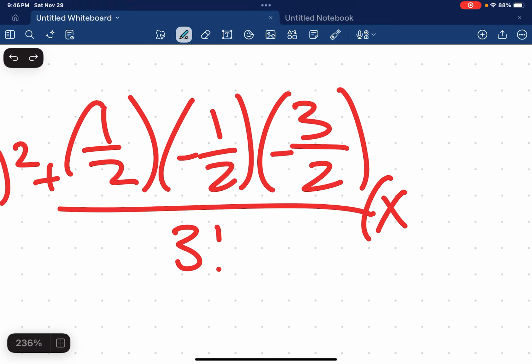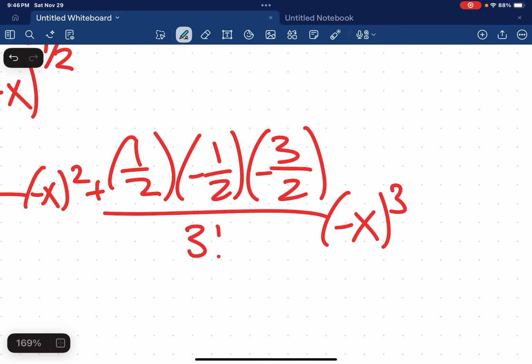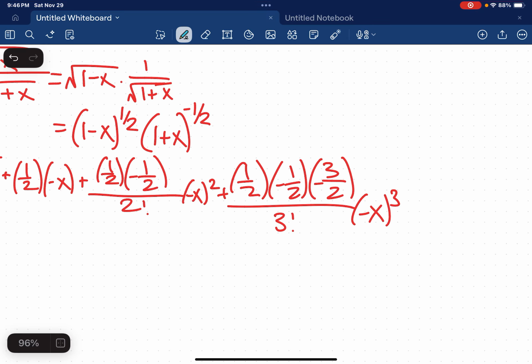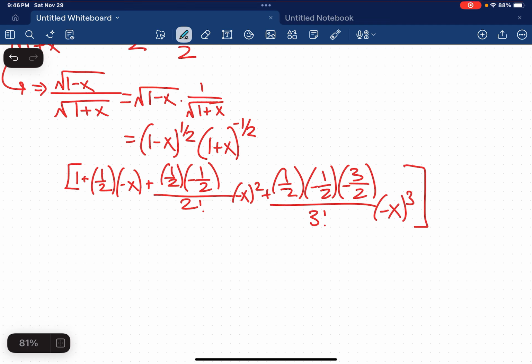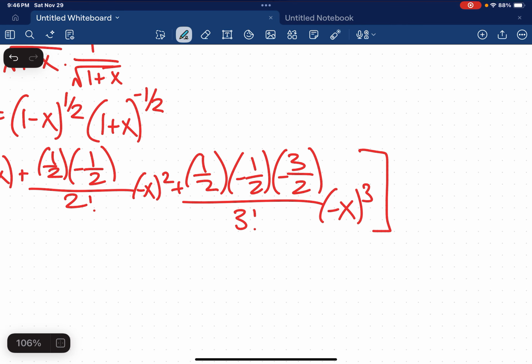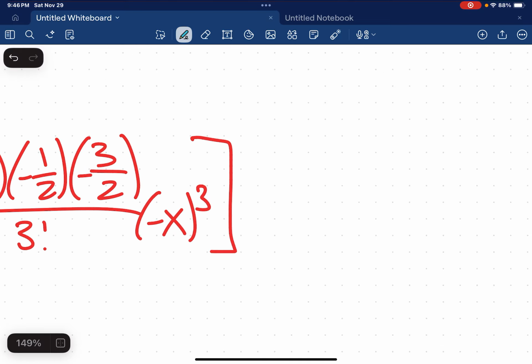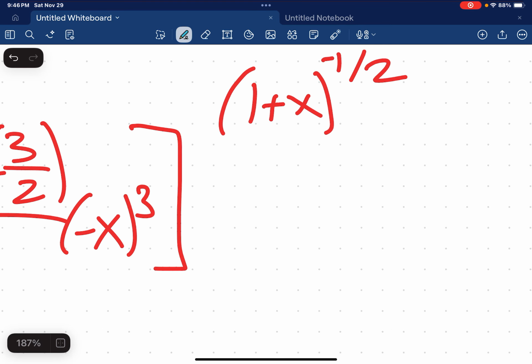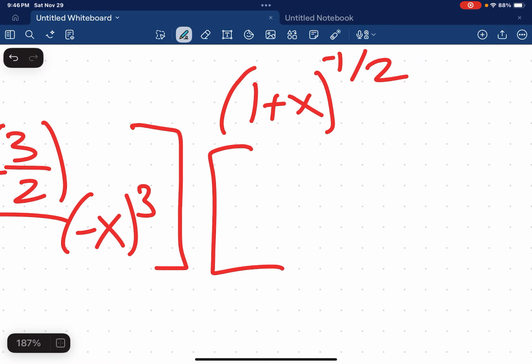That's okay. That needs to be negative. Okay, that's our first binomial, and okay, so that's our square root of 1 minus x. And our next one's going to be 1 plus x to the negative 1/2, which means that we can write it as 1 plus